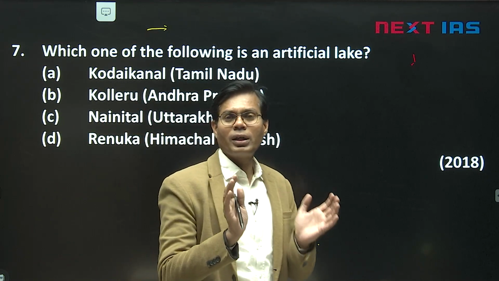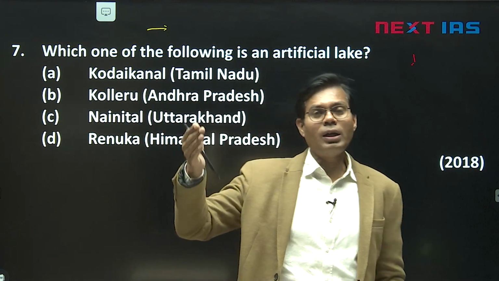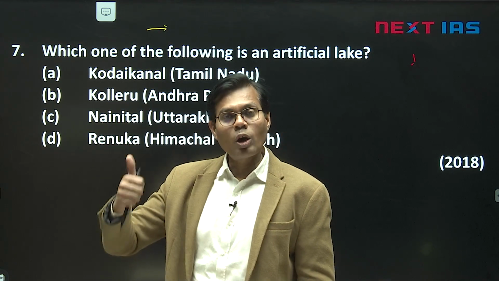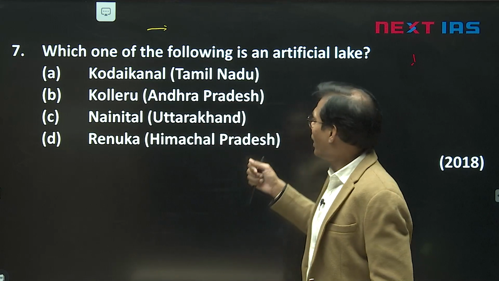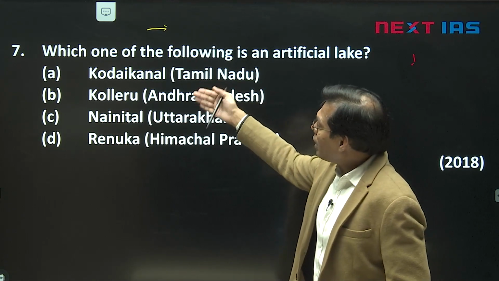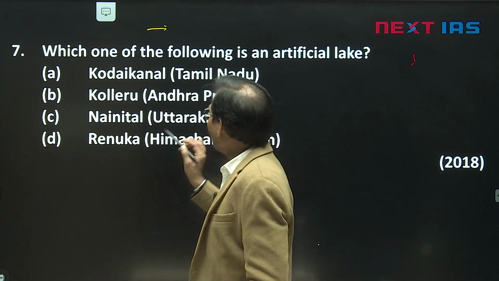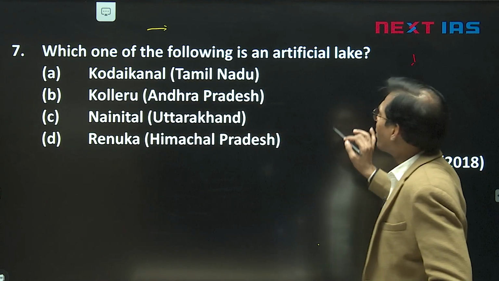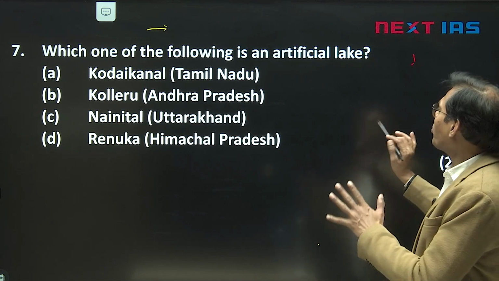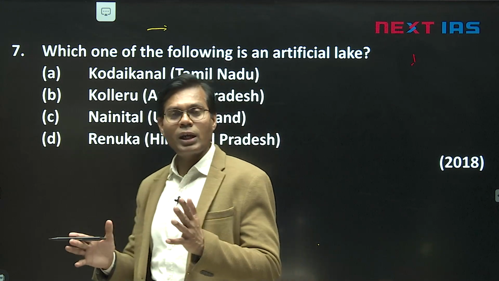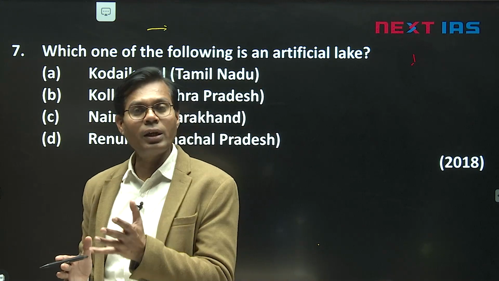Many lakes are there in the Himalaya. Glacier lake outburst flood recently caused the Chungthang dam collapse also. And several lakes are also formed by tectonic activities, like Wular Lake. So one idea we can take: in the Himalaya, chances are that these lakes could be more natural, like Nainital, a famous lake, that is a natural lake.